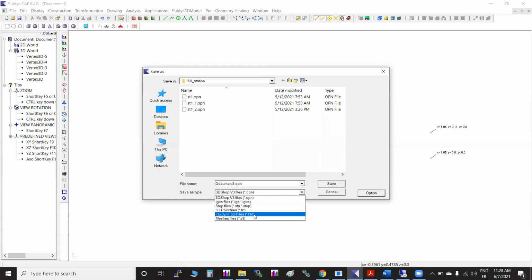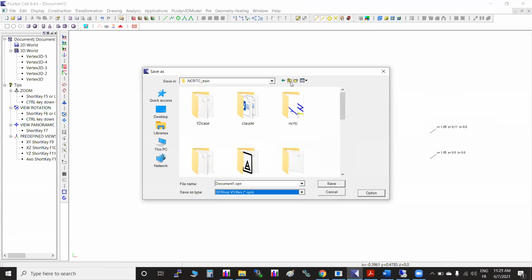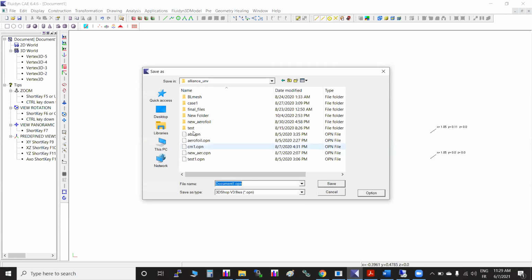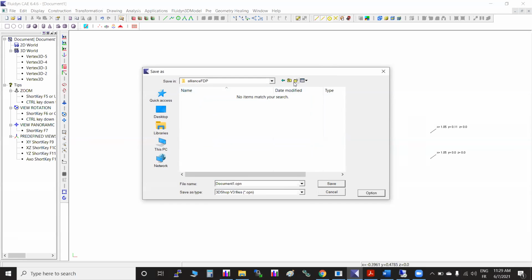If you are not going through Fluidigm software, then it's okay. If you want to load a STEP file directly, that is also possible. You can load it into the GUI and perform the meshing operations. Each software has its own formats, right? So now let me save it somewhere. It is a best practice to save always. So I'll just create a folder, day one.